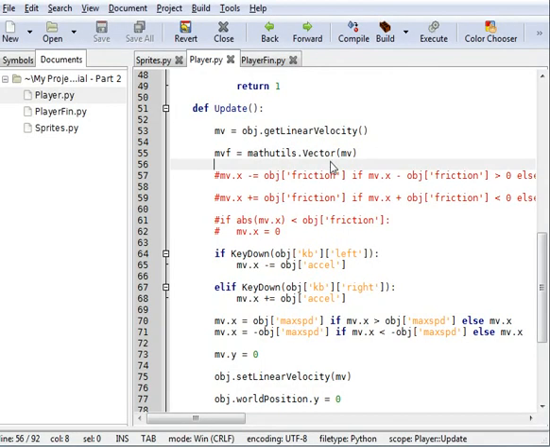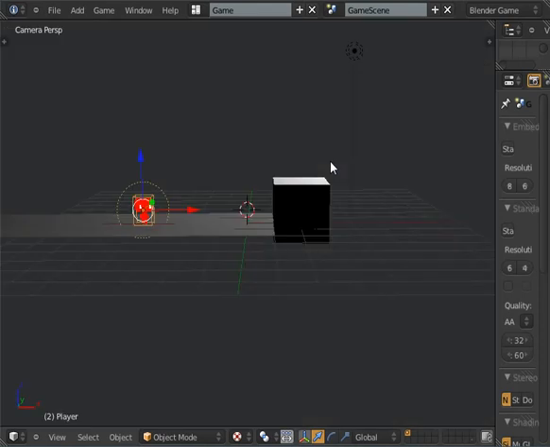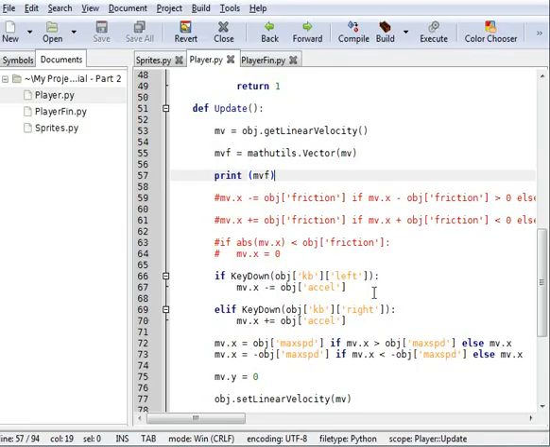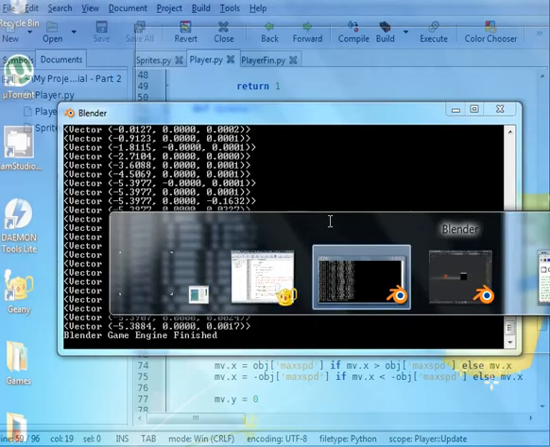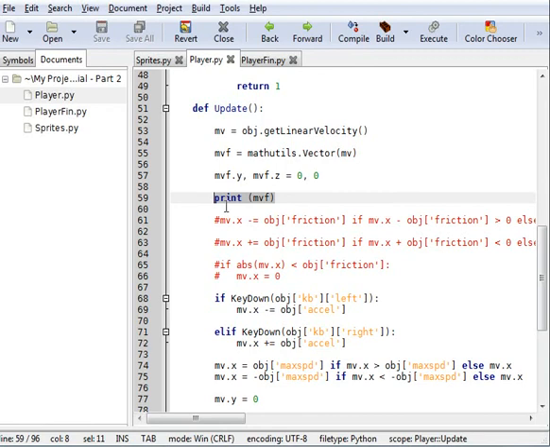Alright, so we have the friction version, and it has our movement speed, it has our z-axis, everything. Now we don't need a lot of this. I'm going to do this little trick. We don't need Y and we don't need Z. That's something you can do with Python: set multiple variables to multiple values in one line. So now we should basically have X and then 0, 0. And we do. Okay, so we are canceling, negating the Y and Z axis movement,